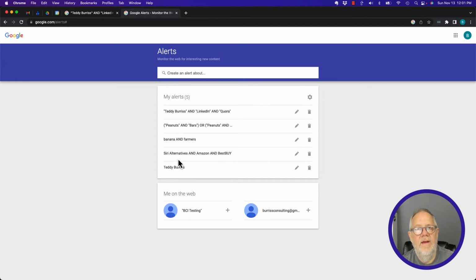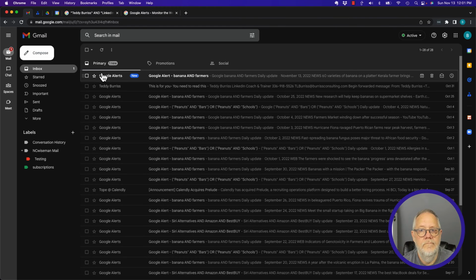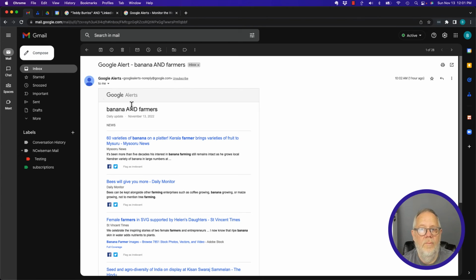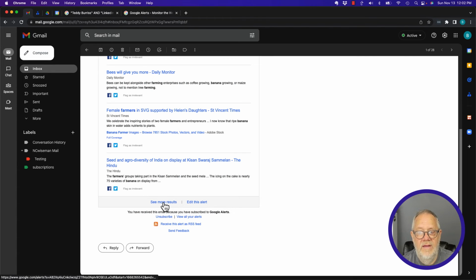Now, every day, Google's going to do that search, and if new records come up, it's going to send me an email with all the new Google search results that match Teddy Burris and LinkedIn and Quora. And this is what it's going to look like. Right here, you can see the only emails I'm getting are the alerts I set up for testing. And here's one for banana farmers. And these are the results that Google brought up that match that criteria. If I see more results,